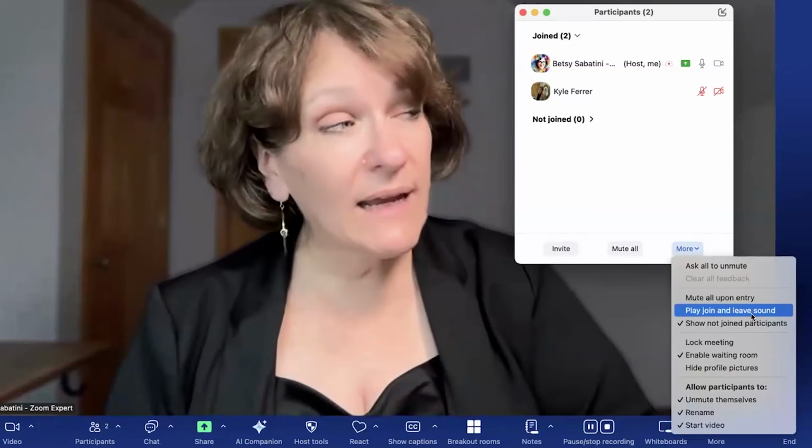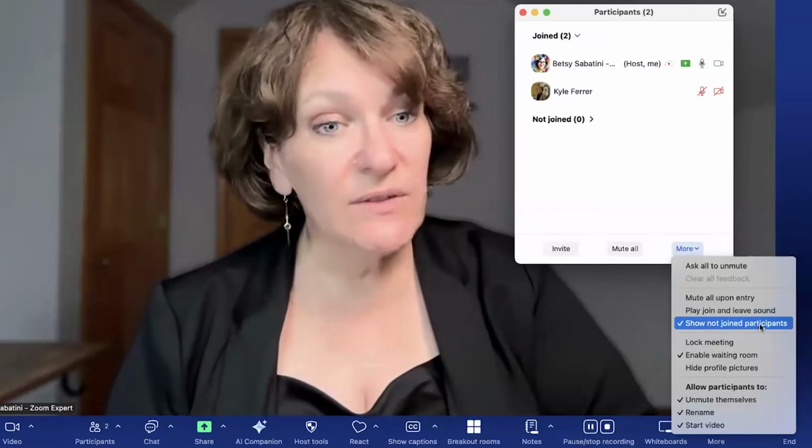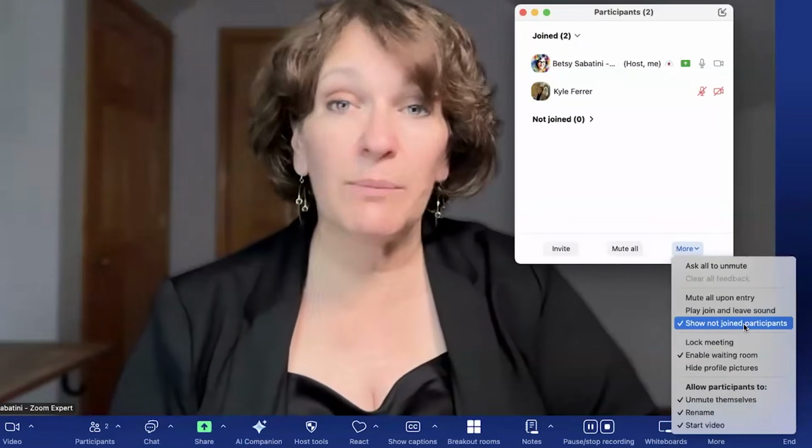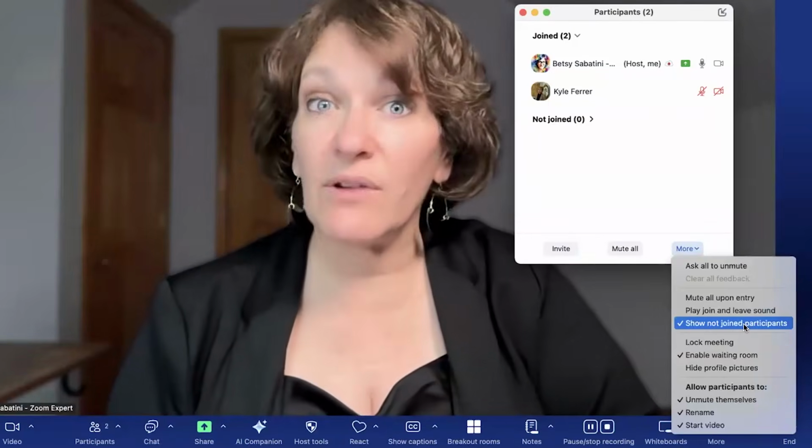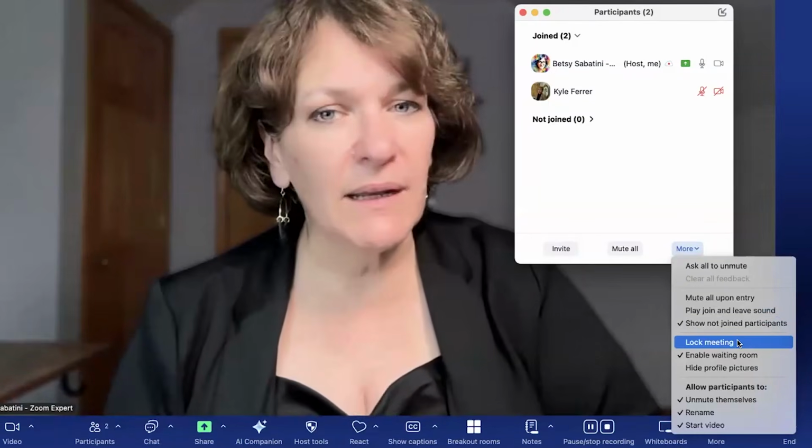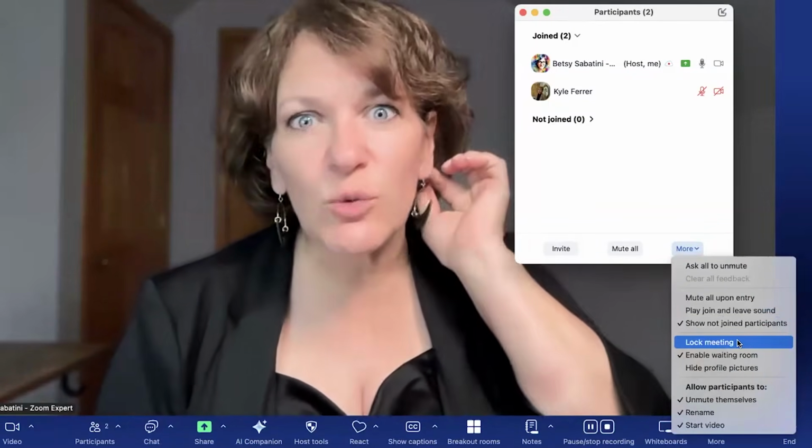You can play a sound when someone joins or leaves. You can show the people who have been invited, but they have not joined yet. You can lock the meeting. This is a way of putting a virtual lock on the door